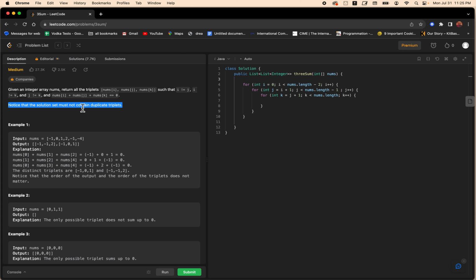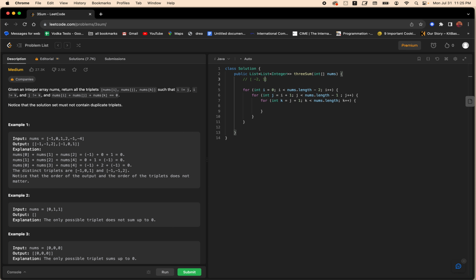It says it must not contain duplicate triplets. However, I can't really do it as a hash table, because, for example,